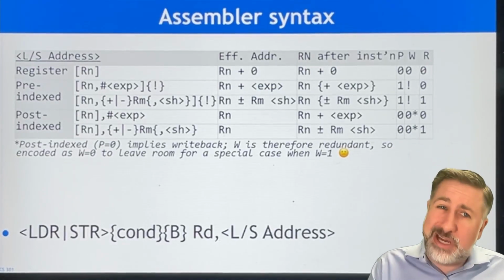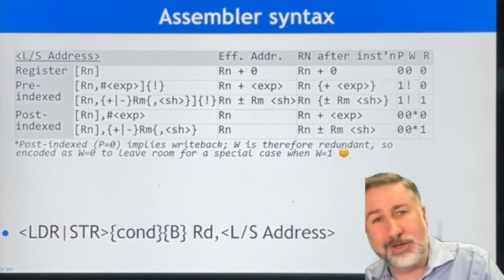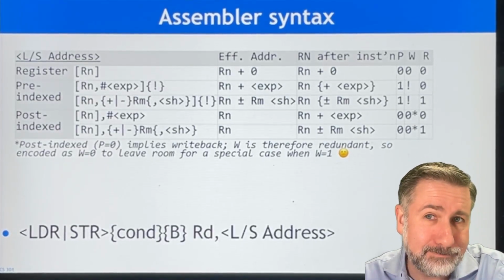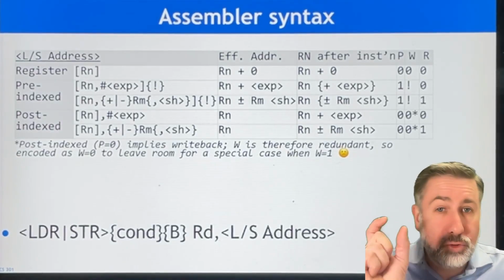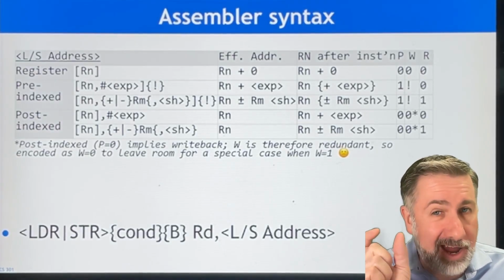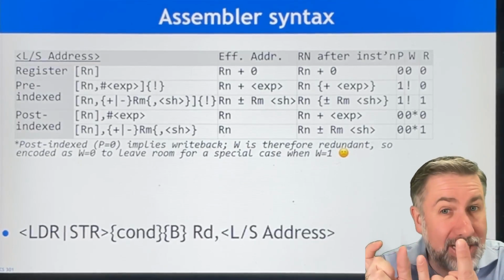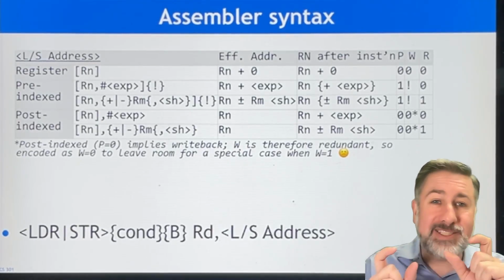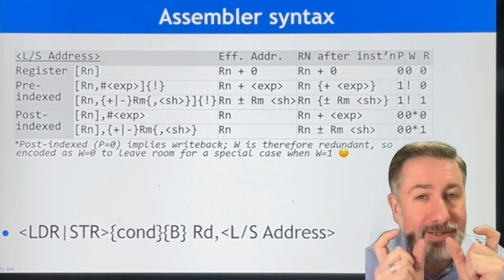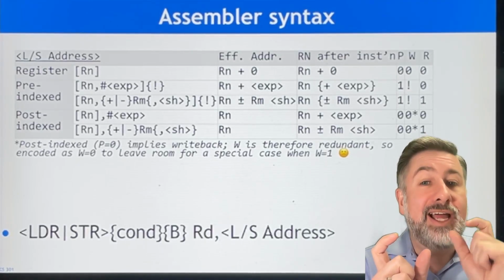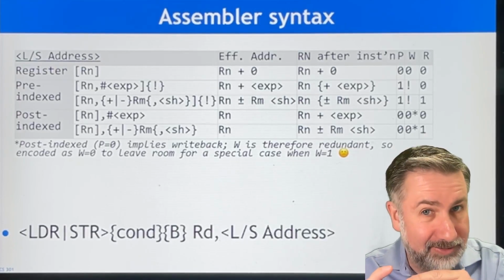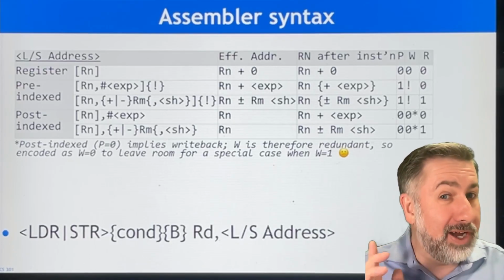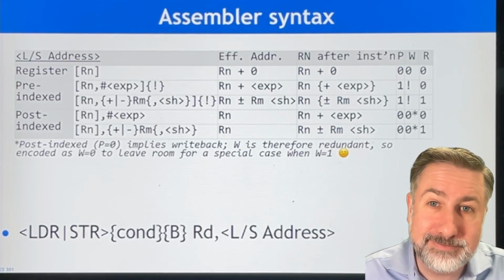Now, where it gets really frustrating, and why this note is in here that you might have seen already, is if you are doing post-indexing, which means you've used the address, Rn, and then you've said, I'm going to change the address by adding some number to it. You're basically saying, I am definitely making a new value for Rn, and so I'm definitely updating Rn. Now, to me, that would say that the W flag should be 1, because I'm definitely updating Rn. However,